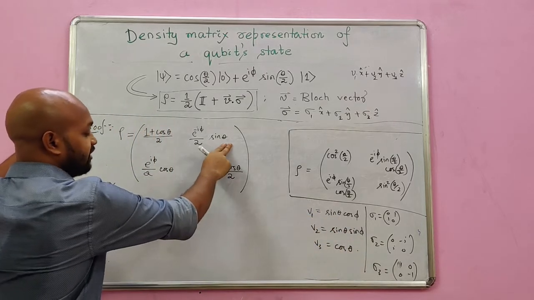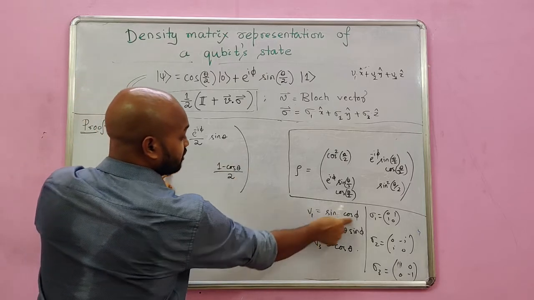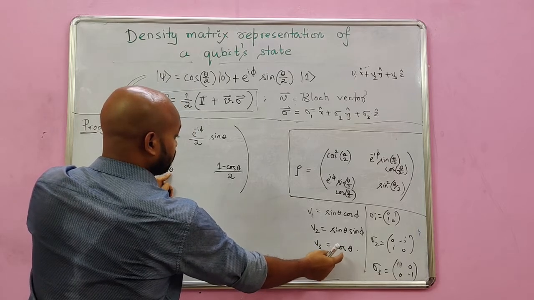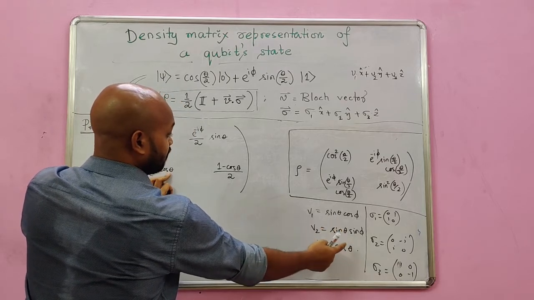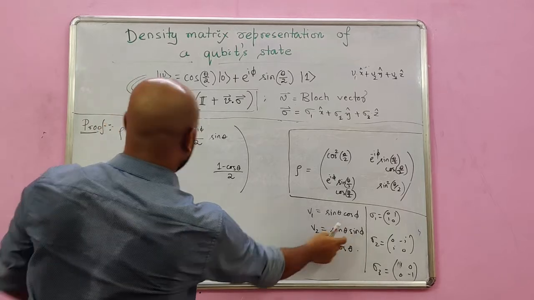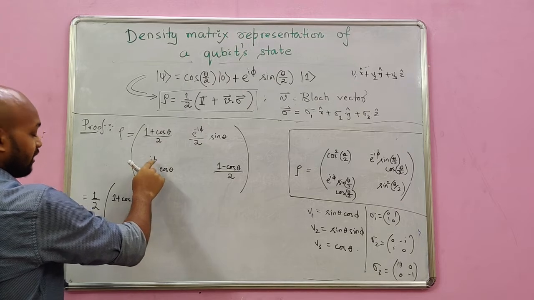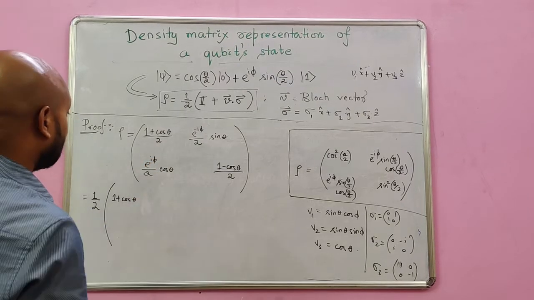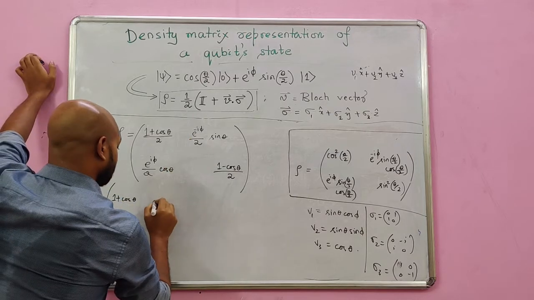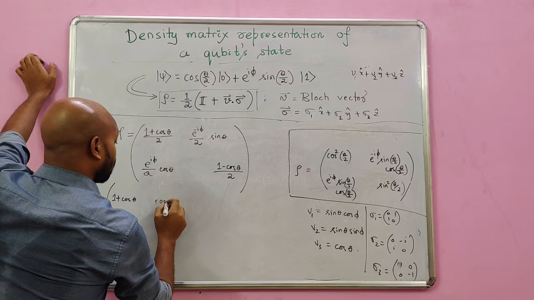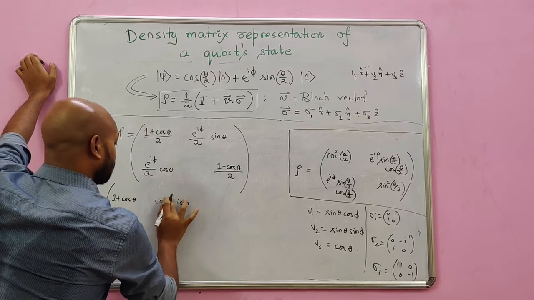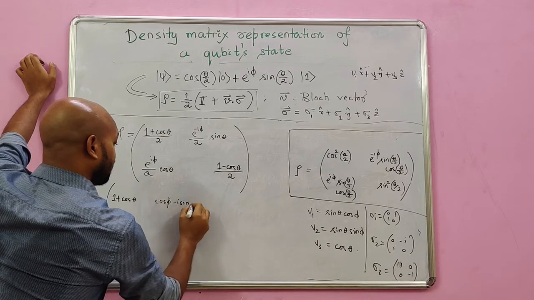So you could see here the sin theta, which would lead to this term, and here you have a cos theta, which would lead to, okay, sin theta, which would lead to again this cross term, because I would be writing this e power i phi as cos theta cos phi sin phi term. Okay, that's good. So this becomes cos phi minus i sin phi, cos phi minus i sin phi